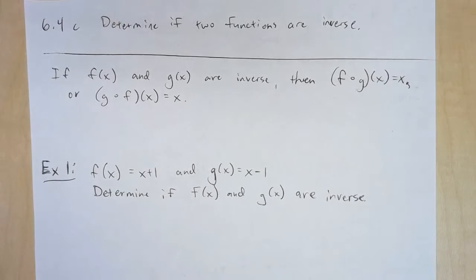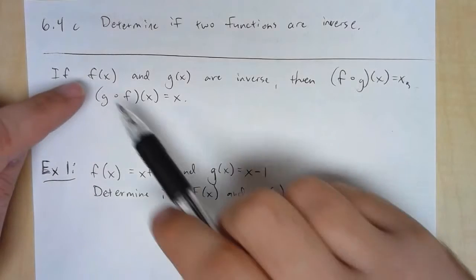Alright folks, today we're working on 6.4c, which is determining if two functions are inverse. So you should have already done 6.4b, which is finding inverse functions. Remember, functions that are inverse are functions that undo one another. So we can say if f of x and g of x are inverse, which is we have one function